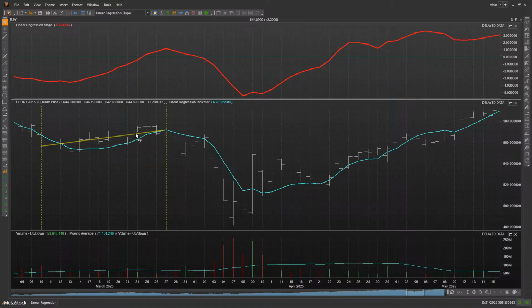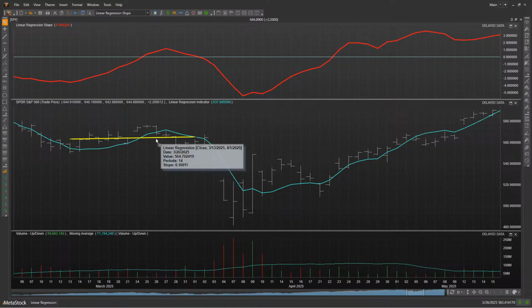So again, I'll go ahead and move this forward just a couple bars here. We'll hover over that line. You'll see it has a slope of a positive, let's see, right there, a positive 0.42. And that, let me go one more bar here actually. There we go, a positive 0.16. That's that value right there. And if I drag it one more bar, you'll see that now it's a negative